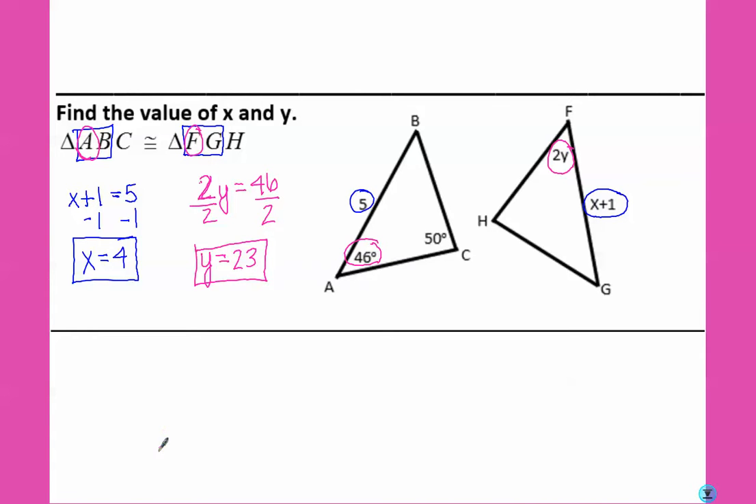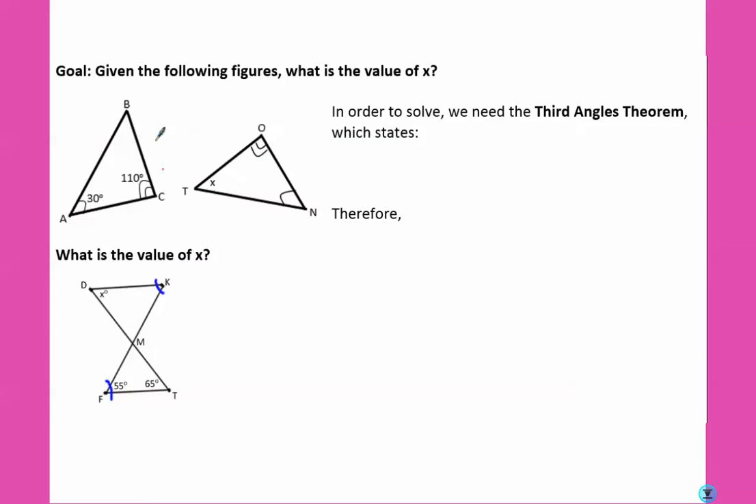Let's move on to our next theorem. Given the following figures, what is the value of x? So we're looking for this angle down here. In order to solve, we need the third